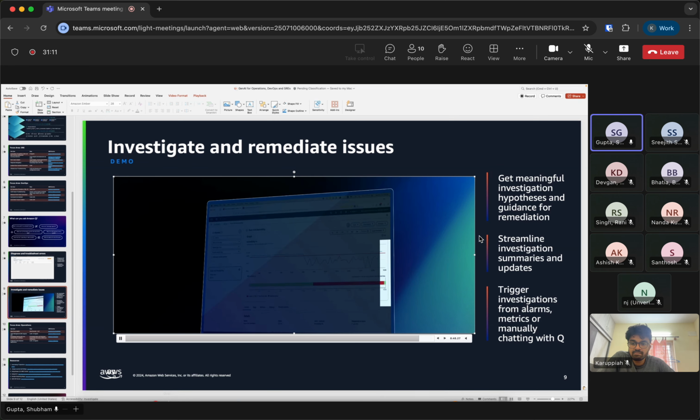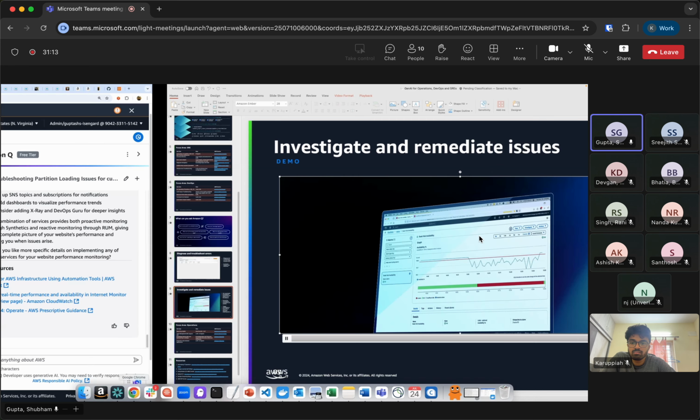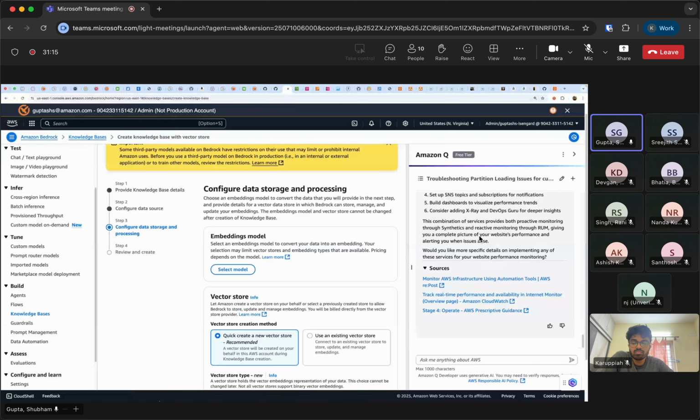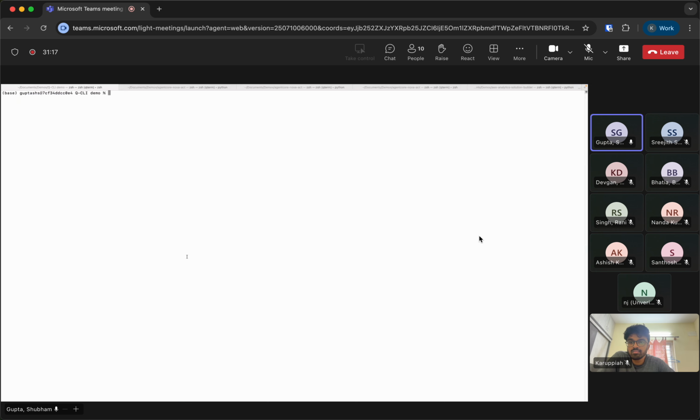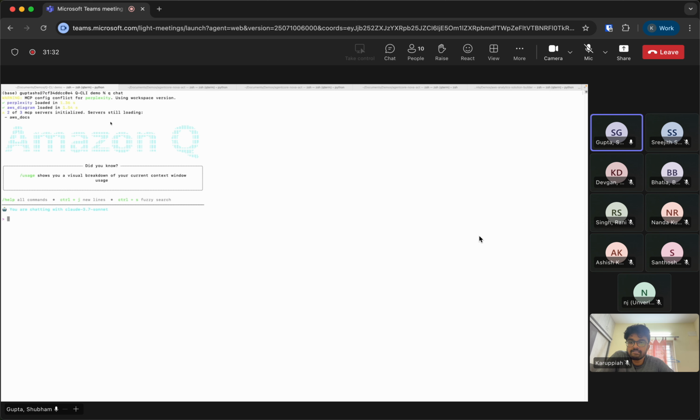Other than that, I want to showcase real quick the Q CLI. I'm not sure if you have experimented with it or not. We have a service called Q CLI, and in your CLI you can integrate it. You just need to download it. Again, it's completely free of cost for starting, and there are again limits on the free service.